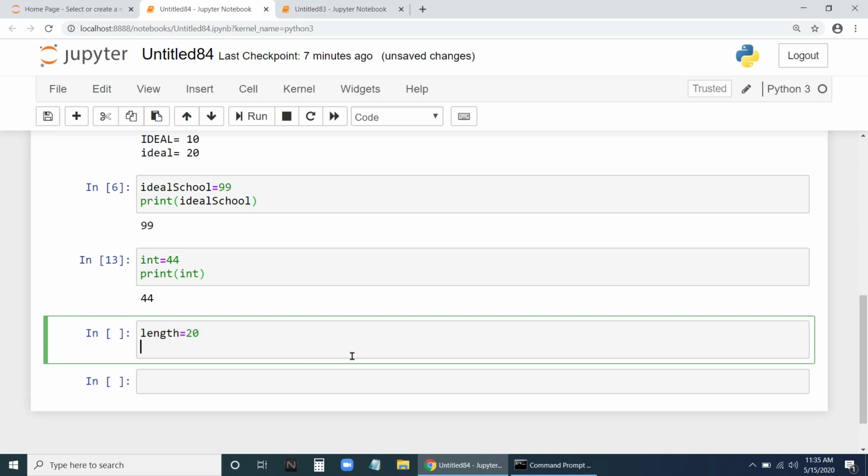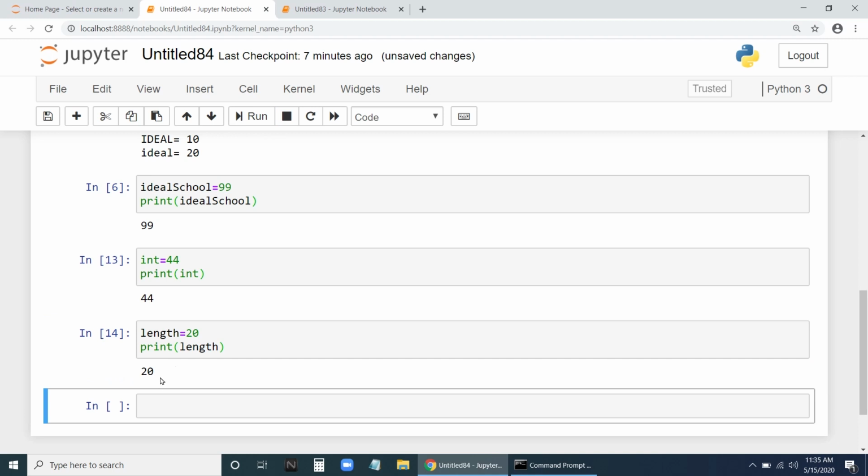Print length. Run that and see, it is 20. There is no error in this. So you can find out in this way whether the variable is a valid variable or not.